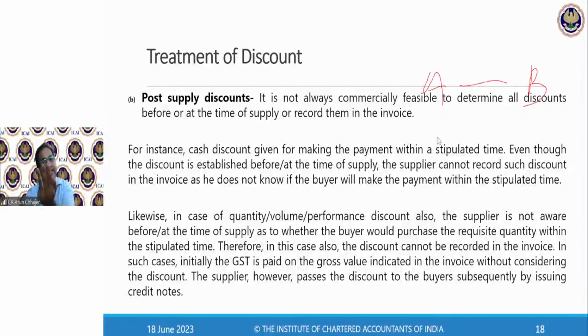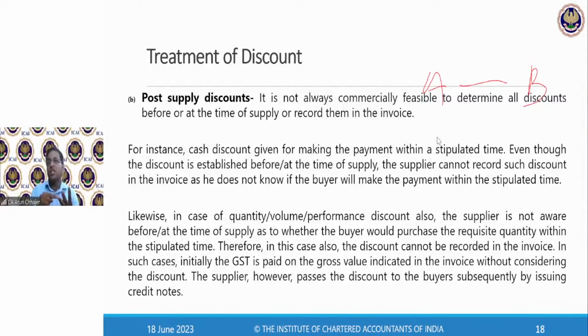It talks about three conditions. First, there is an agreement between A and B at the time of supply that yes, if you cross the turnover of 10 crore, there would be an additional discount, 5% or 10%, whatever the percentage is. So the agreement has to be there. Second, it is linked to the relevant invoices. The additional discount of 5 lakh is linked to the relevant invoices because it is linked to the turnover of 10 crore.